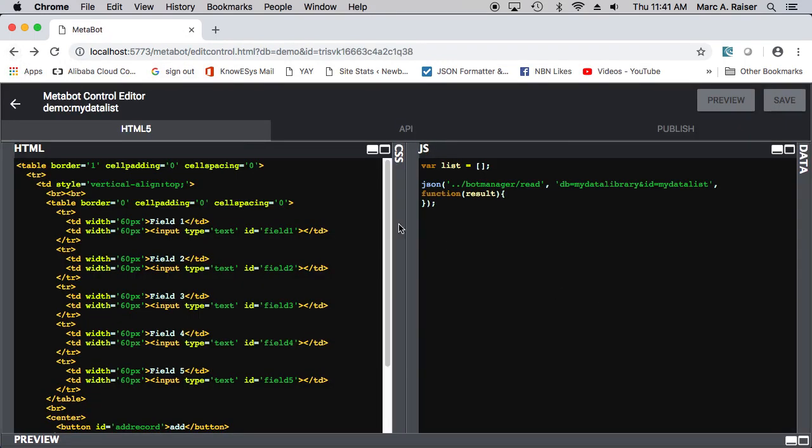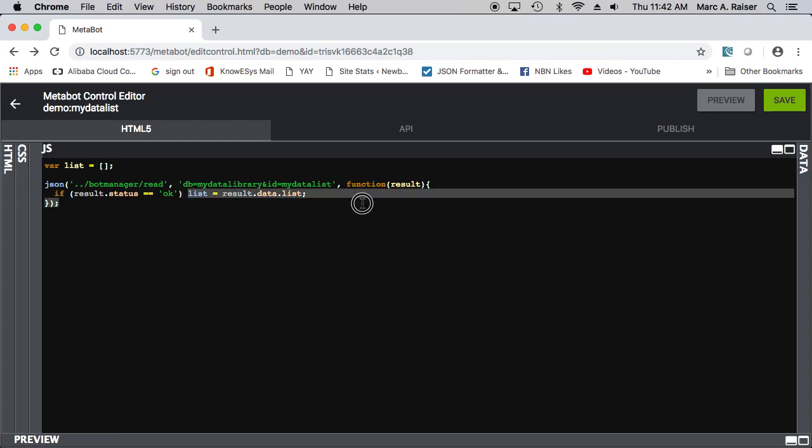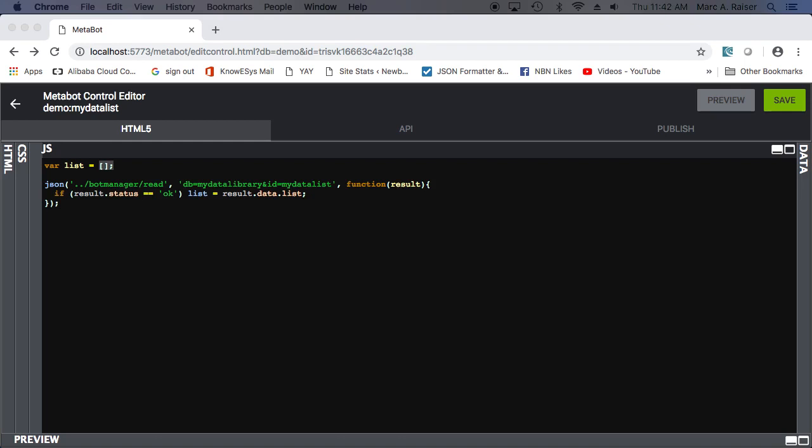However, for the purposes of our app, what we're going to do is say if the result is okay, then we're going to take that value. Otherwise, we'll just leave it as an empty list. So the first time we go through here, we're going to get an error, and it's not going to grab the data, but it's going to fall back to the original value, which is an empty list, which is fine, right? The other thing we're going to do when it comes back is,